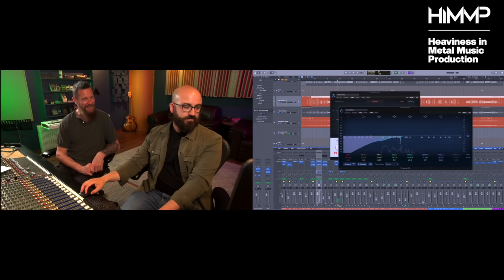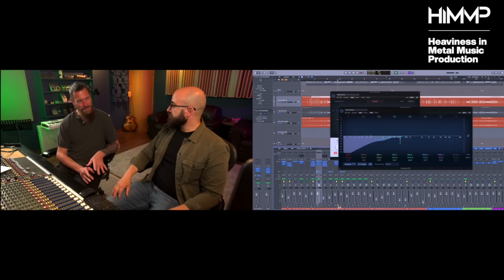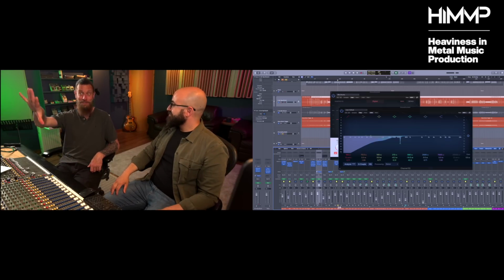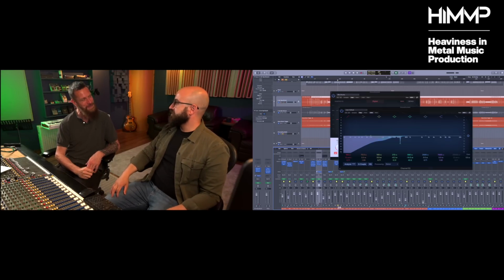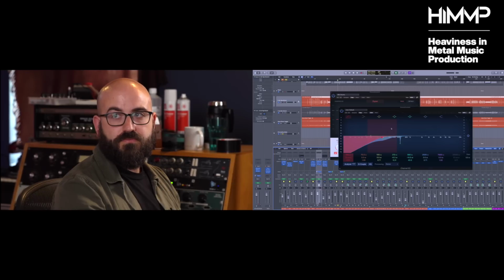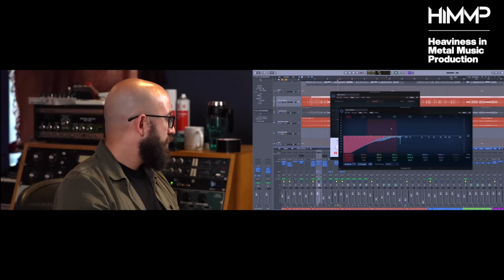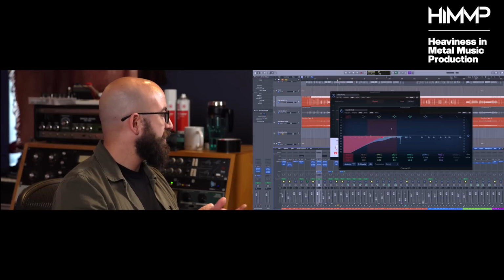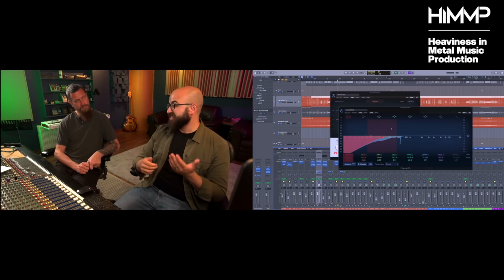Interestingly, on the EQ that you've moved there, that's the opposite of what Chris Lord-Alge often does. He boosts the high end on his reverb, right, which is interesting. But is that a general approach that you like to keep your drum reverb in the mid-range? I suppose so. I would say probably that specific reverb patch is quite high-endy.